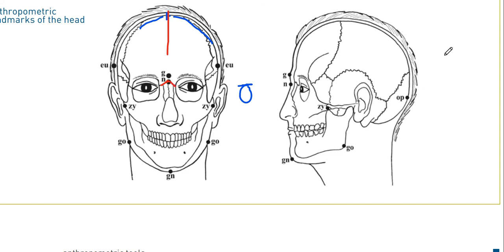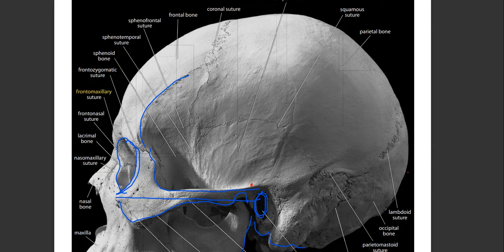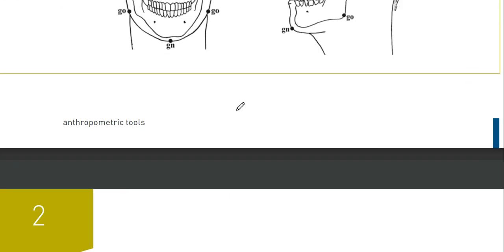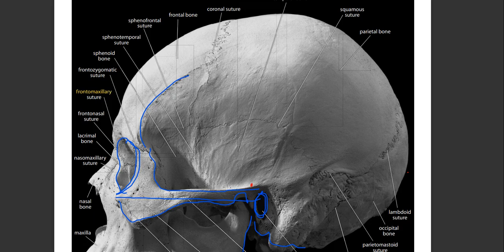Now when we study somatometry, in fact in somatoscopy, you would have known about the nasal root. The depressed point on the nose from where the bridge of the nose starts is identified as the nasal root. So generally nasion is identified at that depression, but sometimes it also varies depending on the form of the nose. So this point is different in some cases, but it's essentially the point at the depression of the nasal root. So this is nasion, at the most depressed point of the nasal root. Now the second landmark is inion.